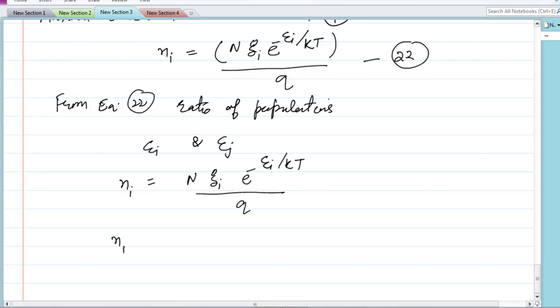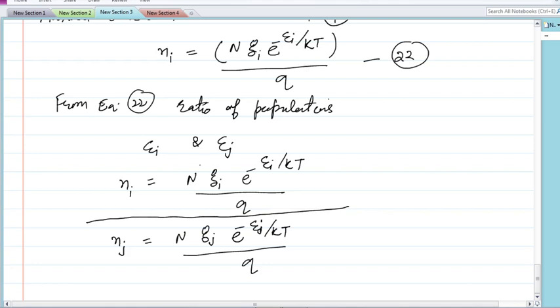And suppose we have nj particles, equal to n gj e raised power minus ej upon kt, whole upon q. When we take the ratio of these two, this n and n will go, this q and q will go,